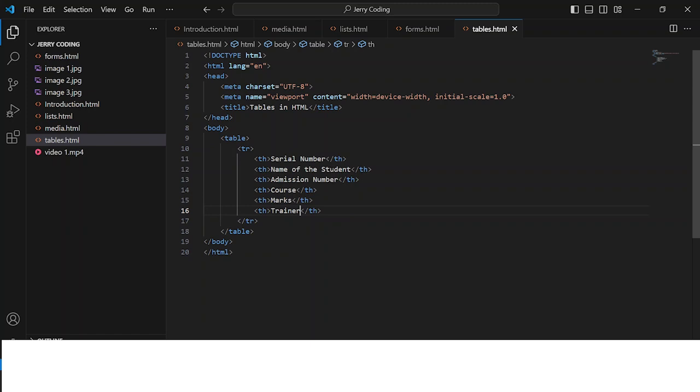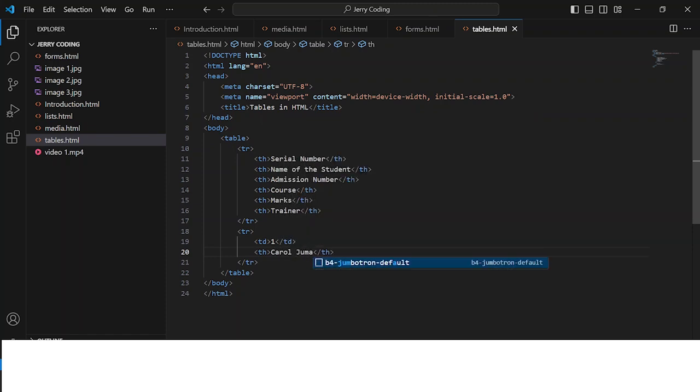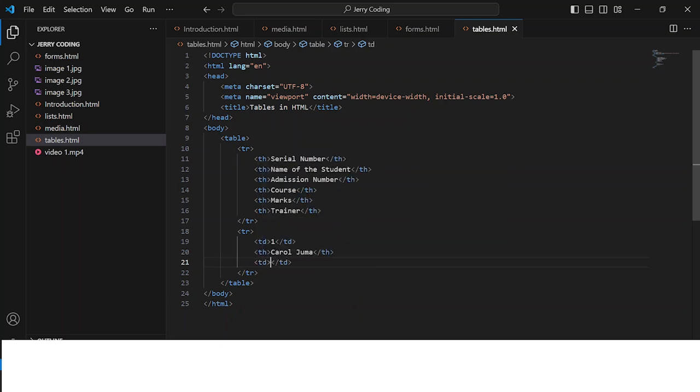So whatever remains is the data, but the data, we are also going to add them in rows. So the first data will be the serial number. So this is student number 1. The second data is the name of the student. Let's say the name is called Carol Juma. The third data is